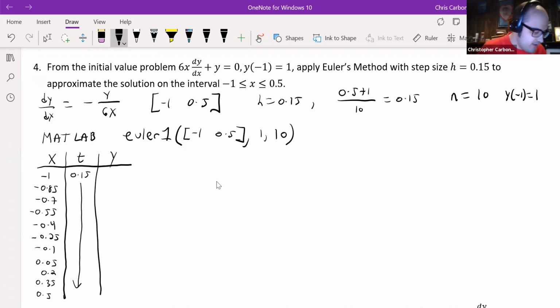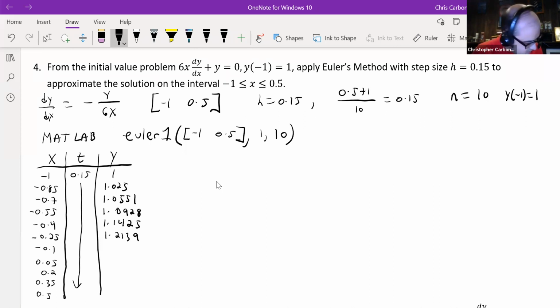And then we have our values of y. So for an x of -1, that was 1. For -0.85, that was 1.025. For -0.7, that was 1.0551. For -0.55, that was 1.0928. For -0.4, that was 1.1425. For -0.25, that was